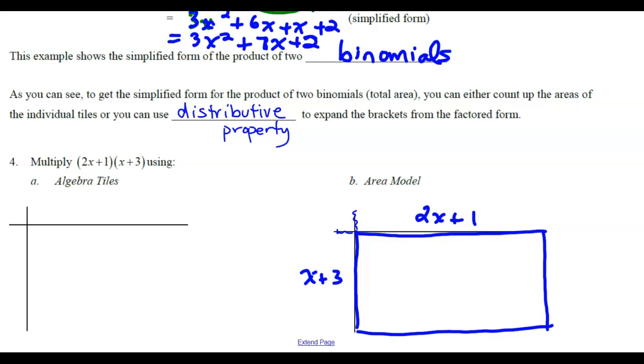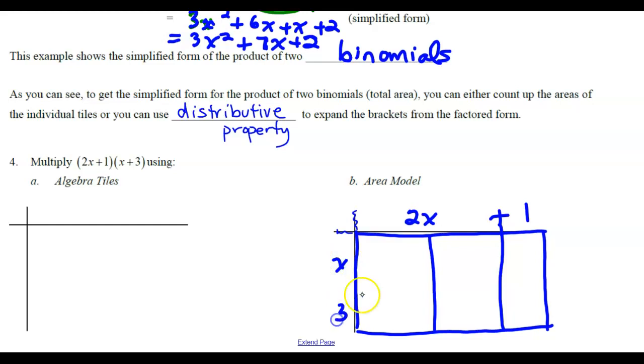So 2x, so I put the 2x kind of here, so this would be 2x and 1. And I draw a line down. Okay, and so that would be cut in half. And then I have x plus 3, so I might do the same here, x and then 3, okay? And so that should make